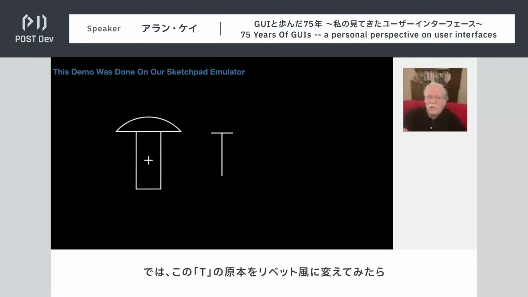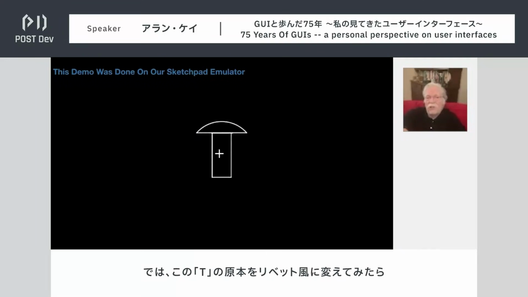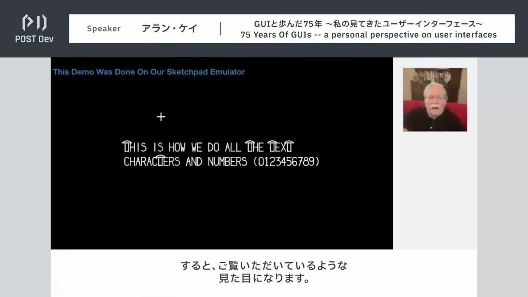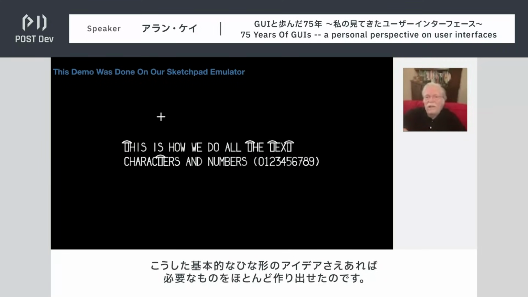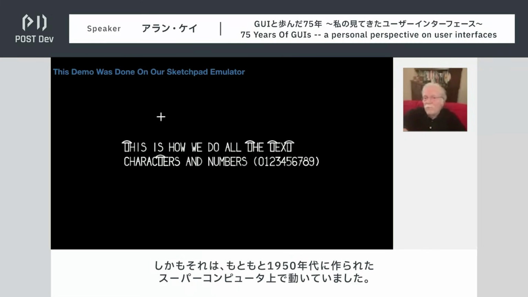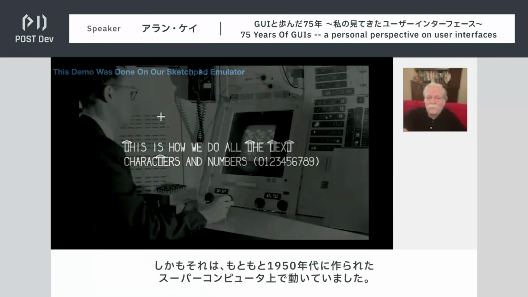So it gives us the idea, well, what if we made that T, master T, into a rivet shape, and what would that look like? And that would look just like this. So this system could make pretty much everything that it needed from these basic ideas on this supercomputer that was originally made in the 50s.